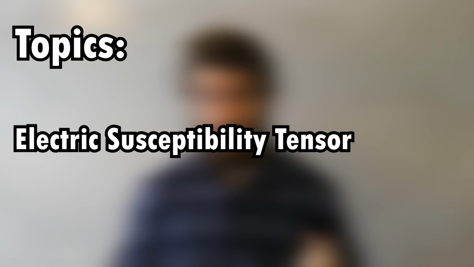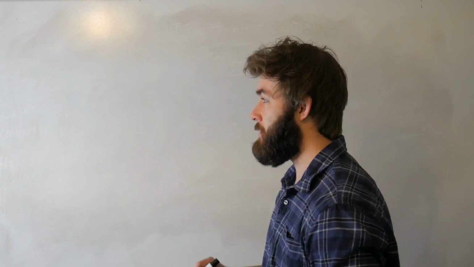In the next video, I suspect that we'll start talking about how these things transform. So today we're going to be talking about the electric susceptibility tensor and the inertia tensor, and we're going to start with their analogous, more simplified versions and see how they generalize to these mathematical objects. So let's get started. We're going to kick things off with the electric susceptibility tensor,